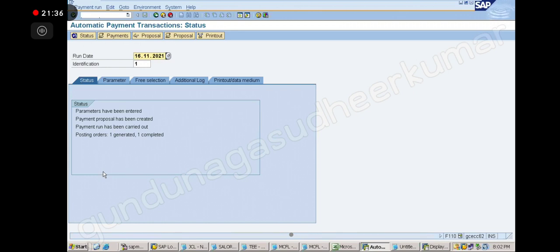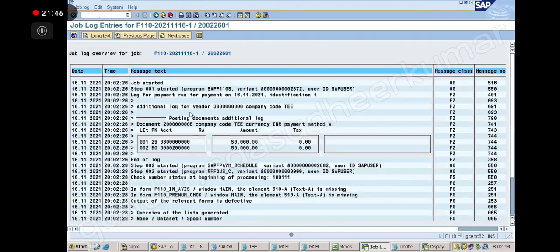One generated, one complete. Okay, good. Now display proposal. So now here, first payment. Payment is over or not? 50,000.